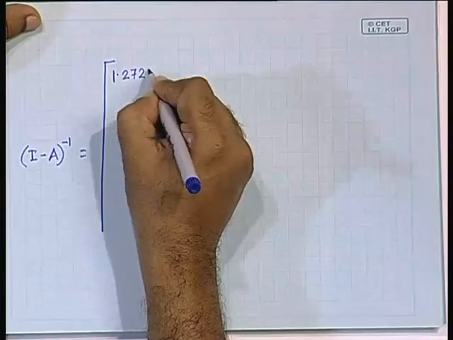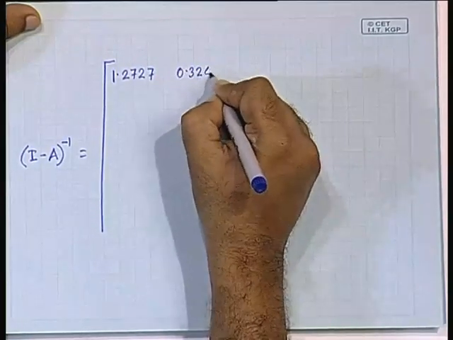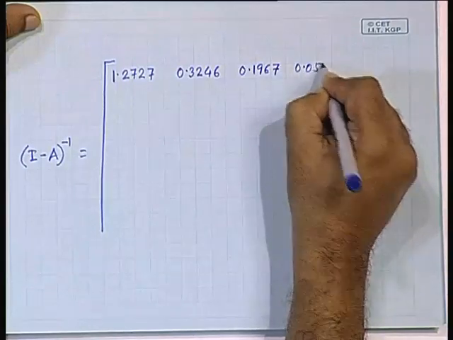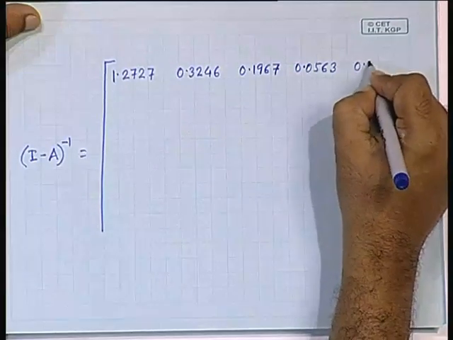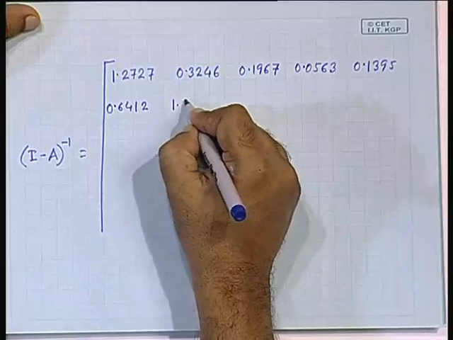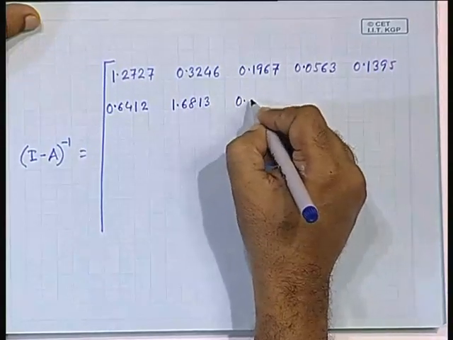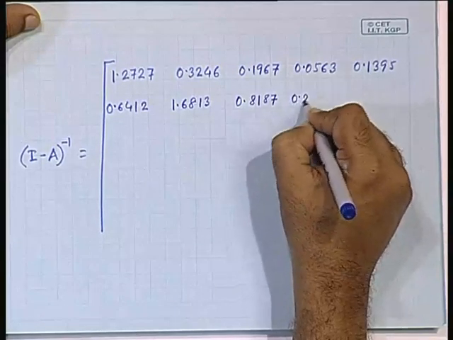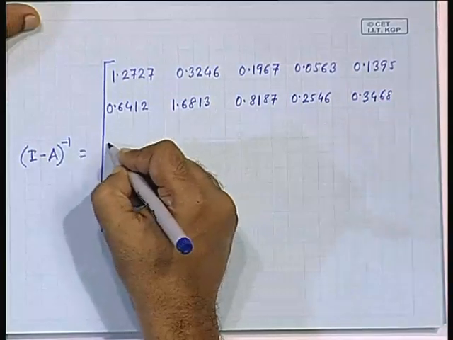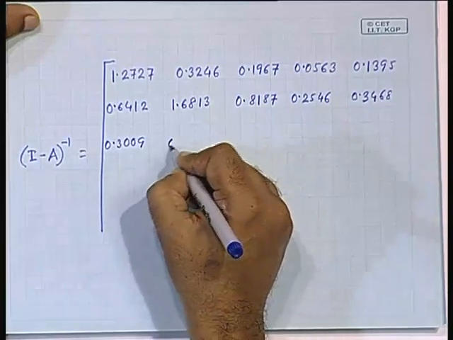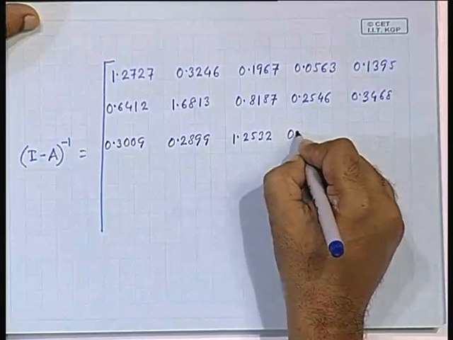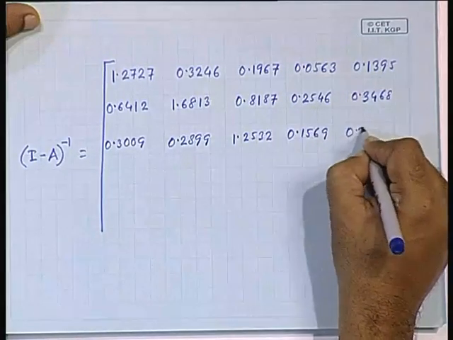one, 1.2727, 0.3246, 0.1967, 0.0563, 0.1395, 0.6412, 1.6813, 0.8187, 0.2546, 0.3468, 0.3009, 0.2899, 1.2532 and 0.1569, 0.20,